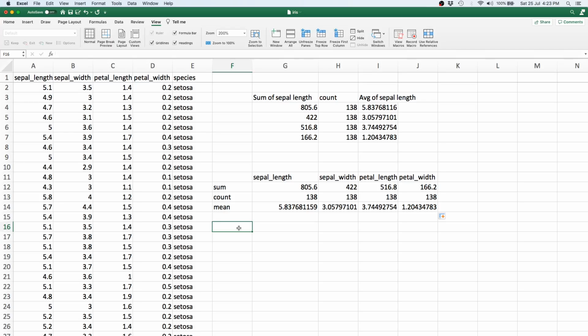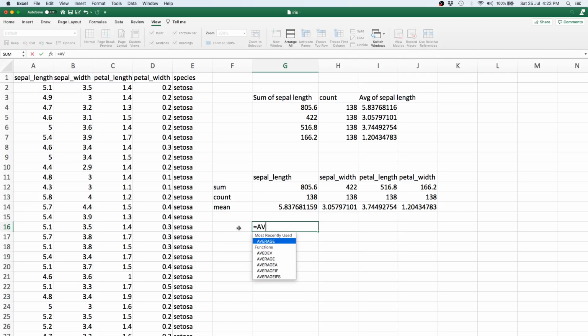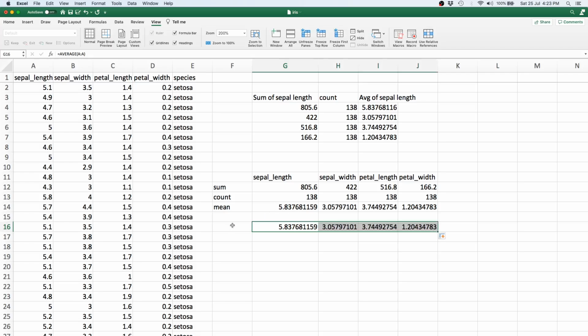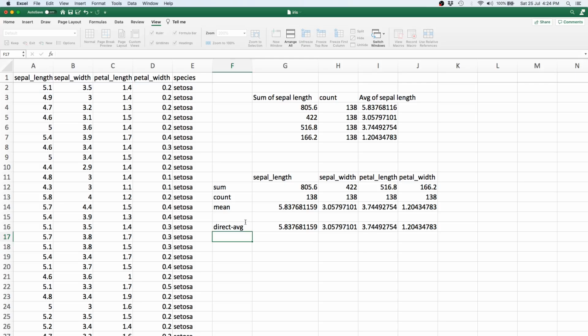However, we didn't even have to calculate the mean manually by summing and dividing. There is already a formula for mean. As you might have guessed, it's Excel after all. You can just say average. There it is. And you can just drag this over as we know already, and you see that we get the direct values exactly at this. So let's just call this the direct average, right? So that's our average essentially.